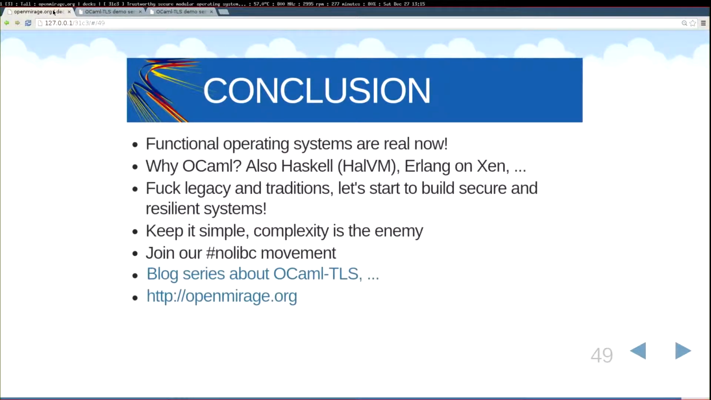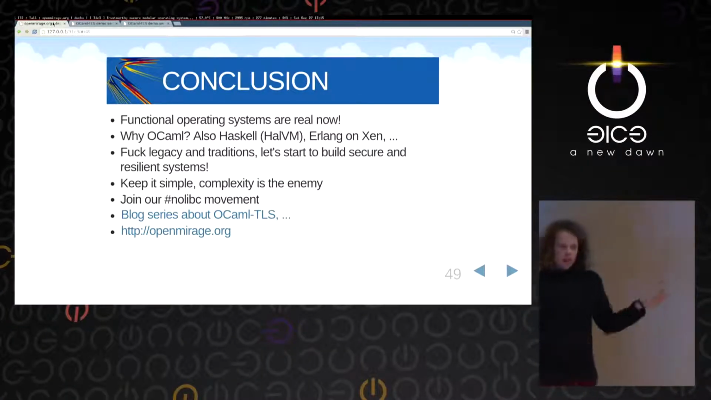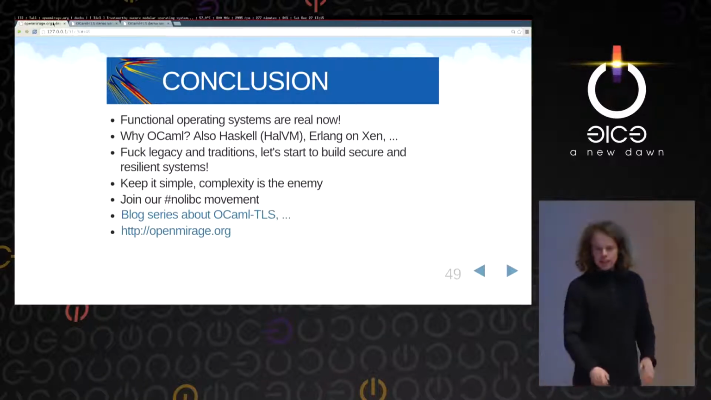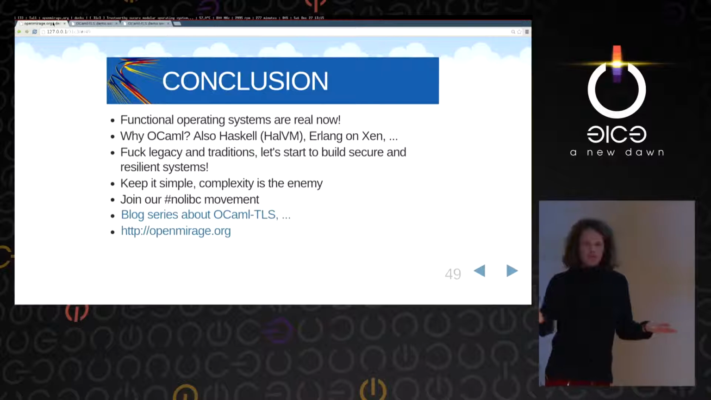I use it. I use Jackline as my day-to-day XMPP client. You might ask, why OCaml? Well, because MirageOS was there, but there are other unikernel-based approaches, in Haskell called HaLVM, and there's Erlang on Xen, so you can execute Erlang directly on the machine. And I believe, forget legacy and traditions, let's start to build secure and resilient systems. We phased out,